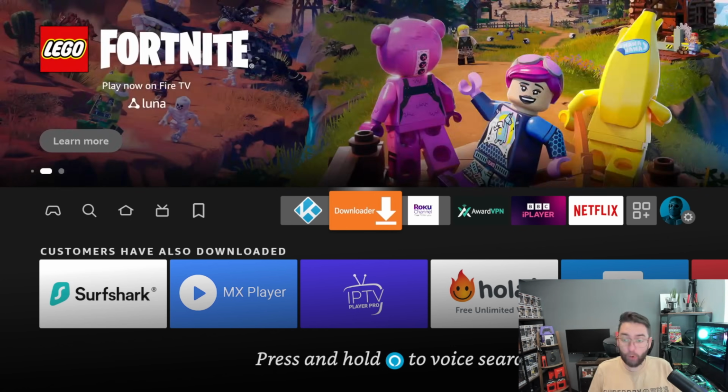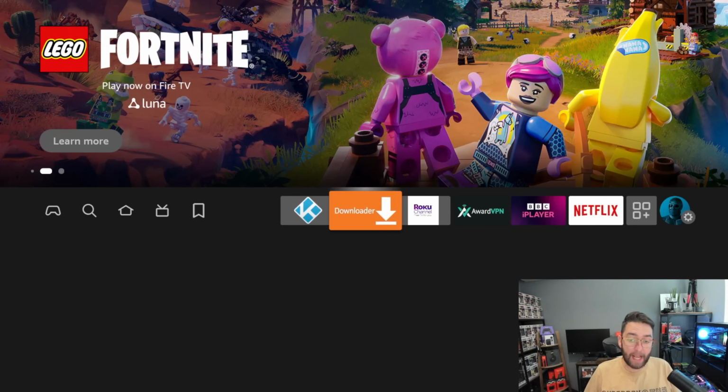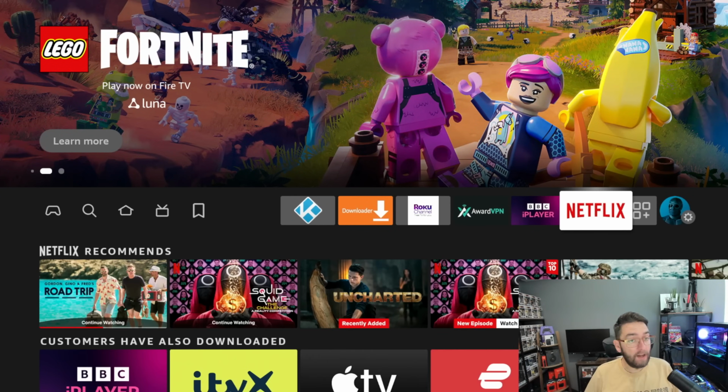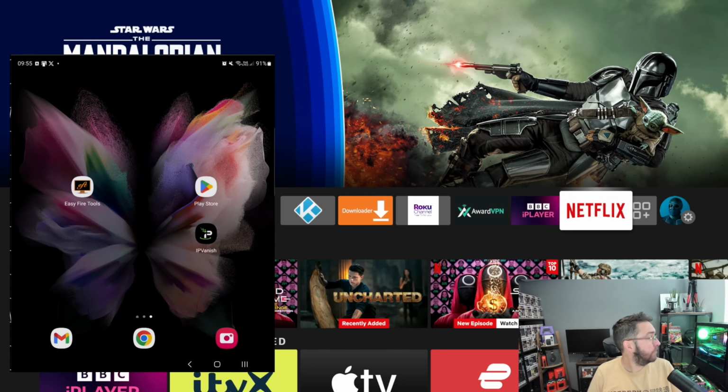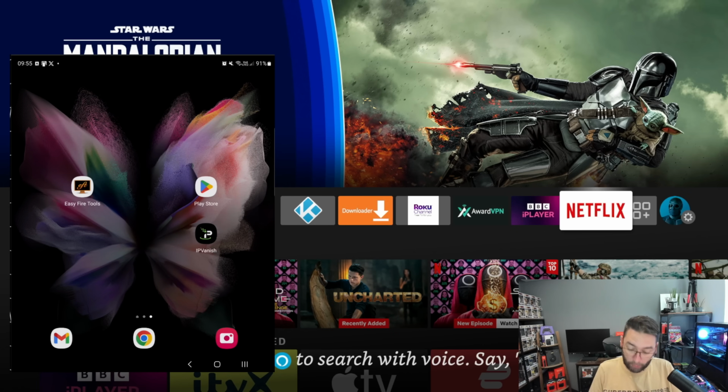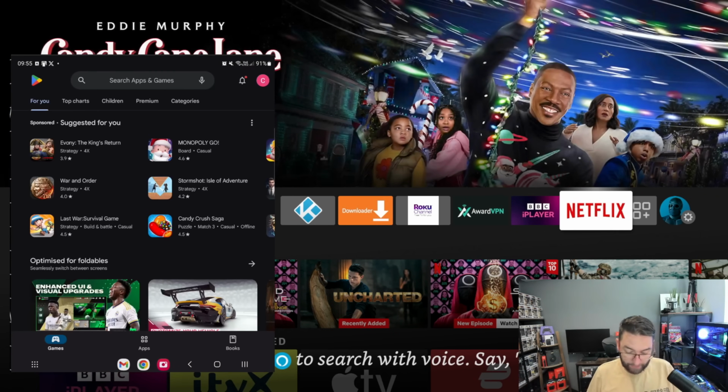Okay, so we're going to ignore downloader today, and I'm going to install an app directly onto my Fire TV device really easily, really simply. So what do we need? Let me just get what we need. We're going to use my mobile phone today. As you see, here is my mobile phone. And you're going to go into your app store in here, and you're going to type in